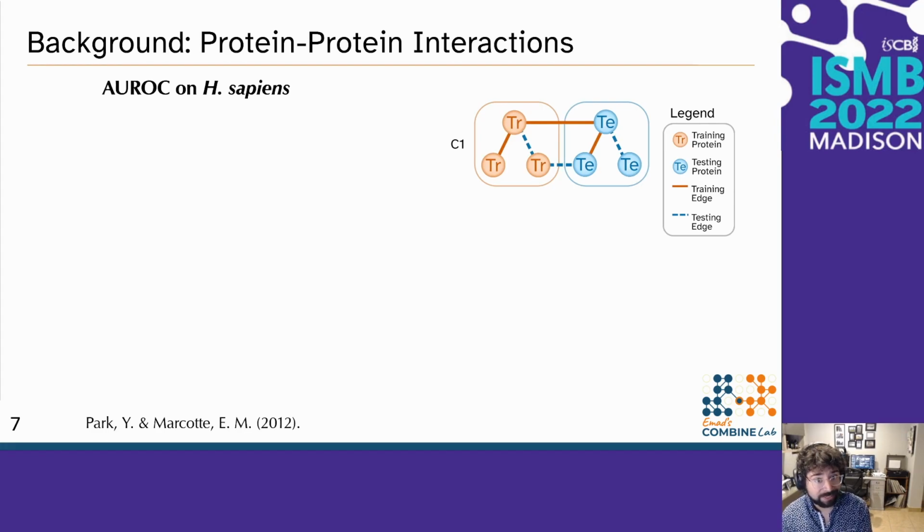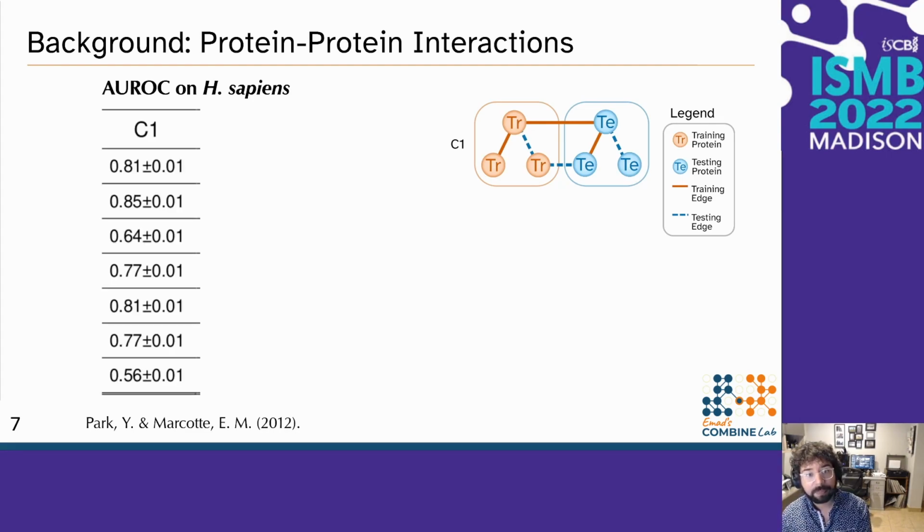some interesting findings. Most methods in 2012, and indeed still today, use what Park and Marcotte called C1 validation sets, whereby edges in the graph are randomly chosen to be held out as part of the testing set, and another random sampling to be held as the training set. Methods tested by Park and Marcotte at the time scored quite well, and indeed these were in the range of their first reported scores. This is, of course, for C1.